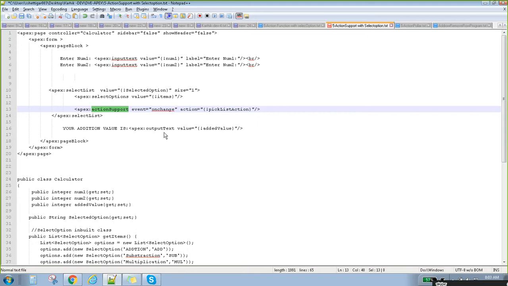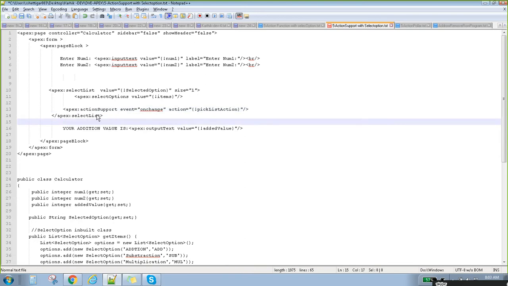One thing is that it should be a child of some other component. It is always a child of some other component. The same thing we can use for a checkbox, or for buttons also, like a delete button, or for radio buttons, and so on. The important thing is that it is always a child of some other component, meaning it will support that component internally. Clear? Any question?